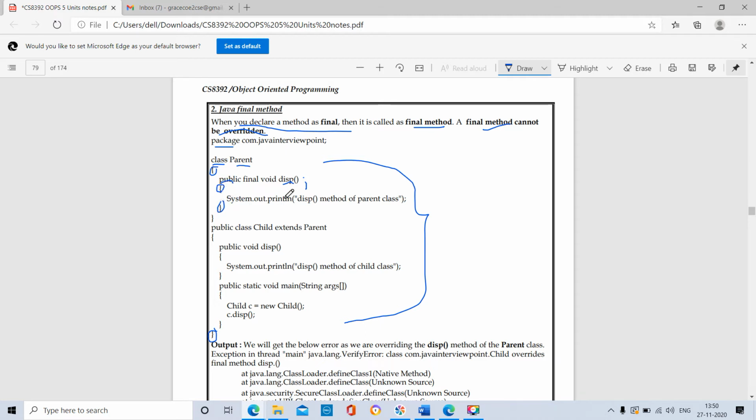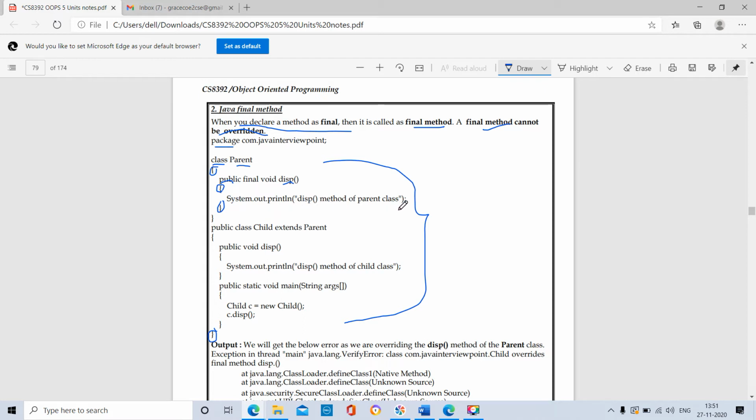If we put a semicolon, it is a method declaration, which will be defined in another place in our program.